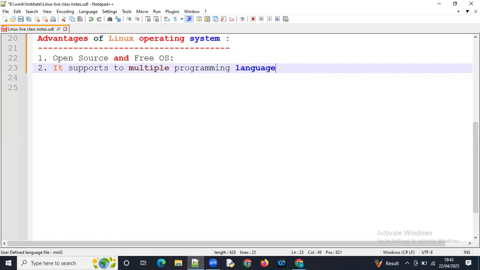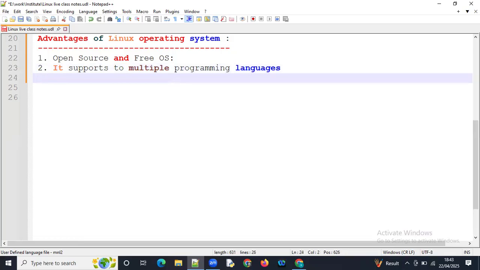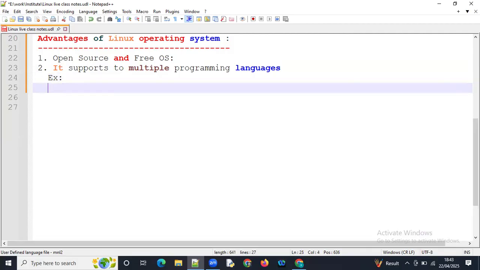Multiple programming languages. So what are the programming languages it will support? For example, it supports first of all Python. Of course, Python is also an open source programming language.